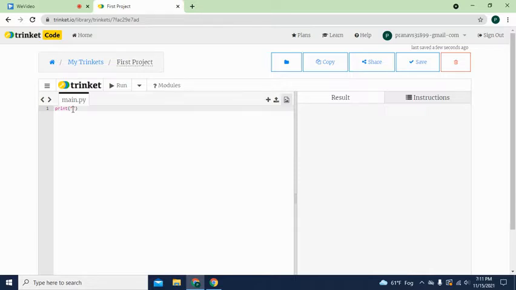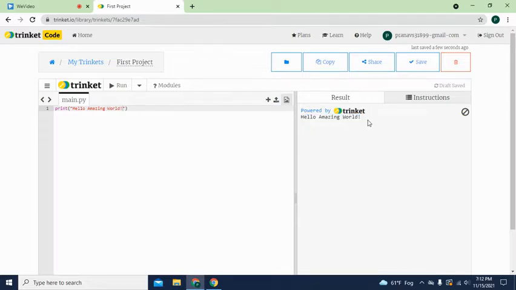In almost every programming tutorial in the world, you see they'll type hello world in here. So that's why I'm not going to type hello world in here. I'm going to type hello amazing world. And we can just run this project, and you can see that it did print out hello amazing world in